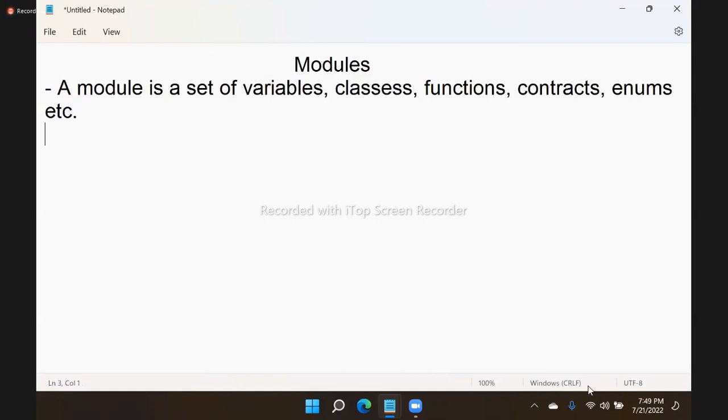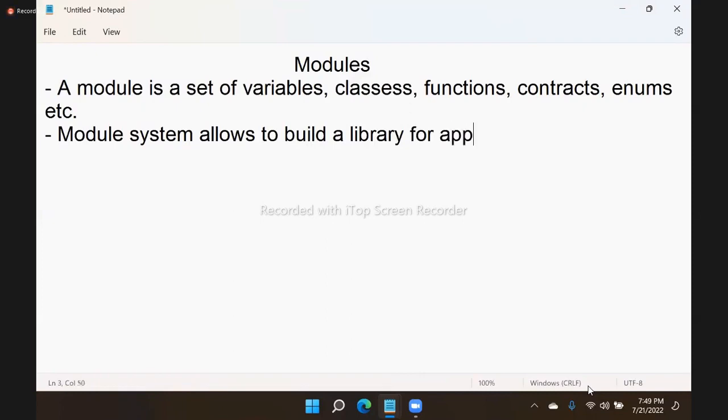What is the advantage? What is the purpose? The module system allows you to build a library for an application. So you can design a library for an application. So what is a library? You already know. A library is a set of values and functions which you can use in your application. Actually, the module system allows you to build a library for an application, and